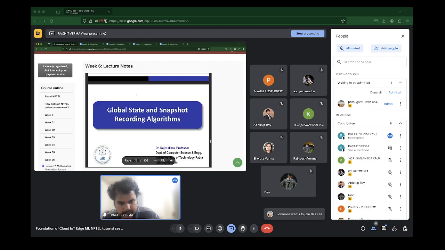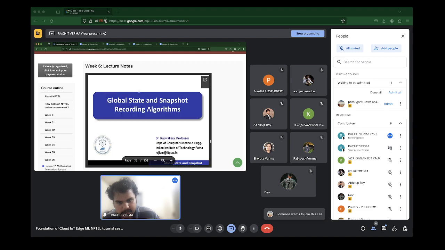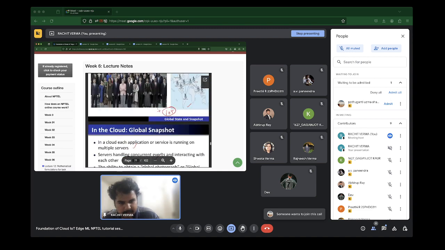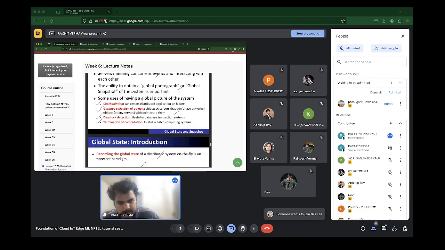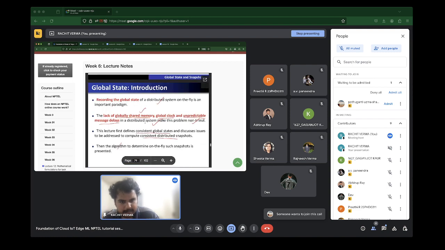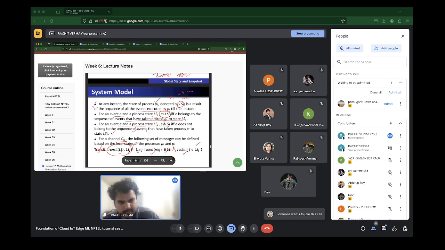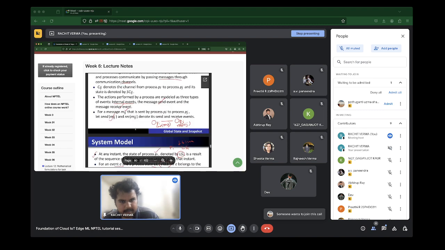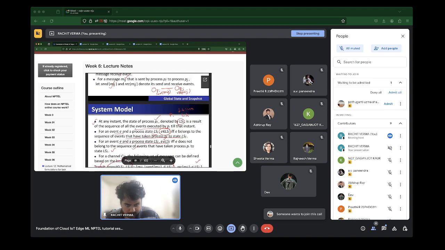And then we went on to the global state and snapshot recording algorithm. We first saw why recording the global state is actually a very challenging problem, and it is not trivial. We saw a simple example.